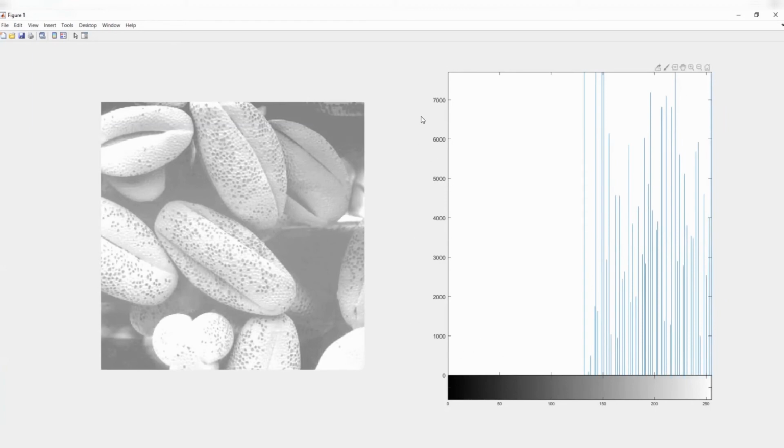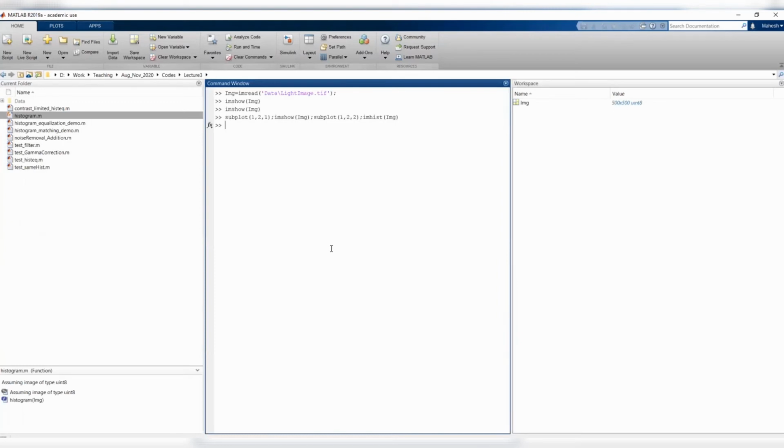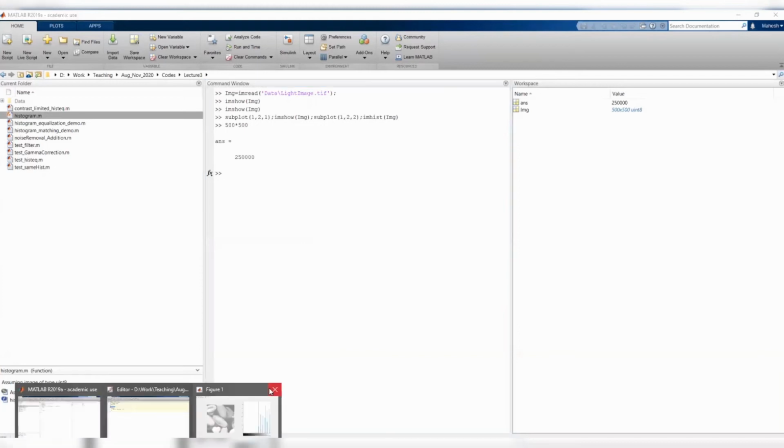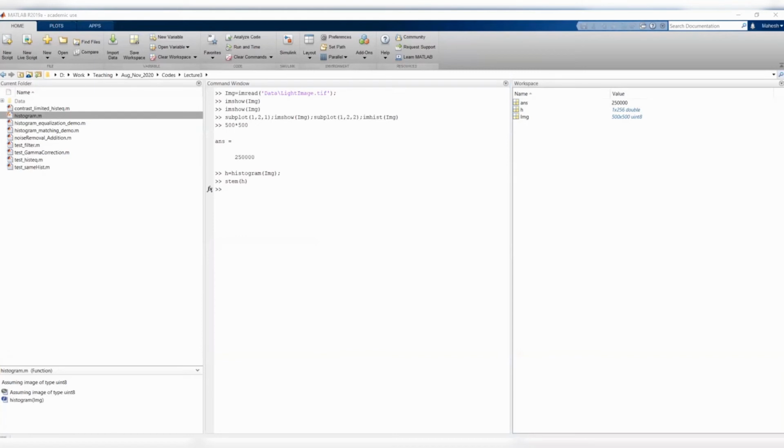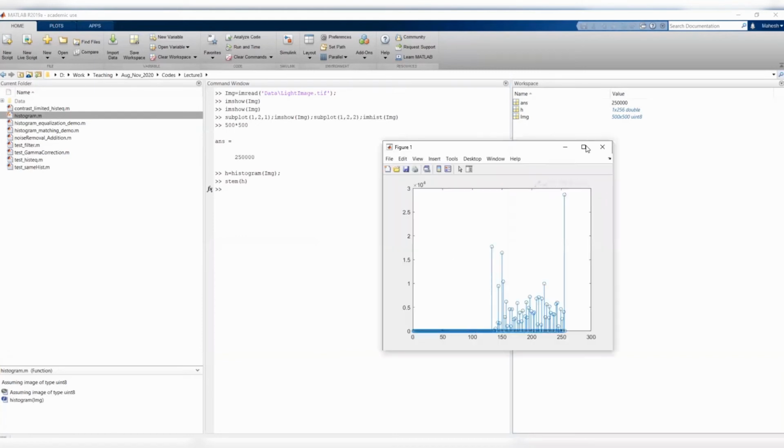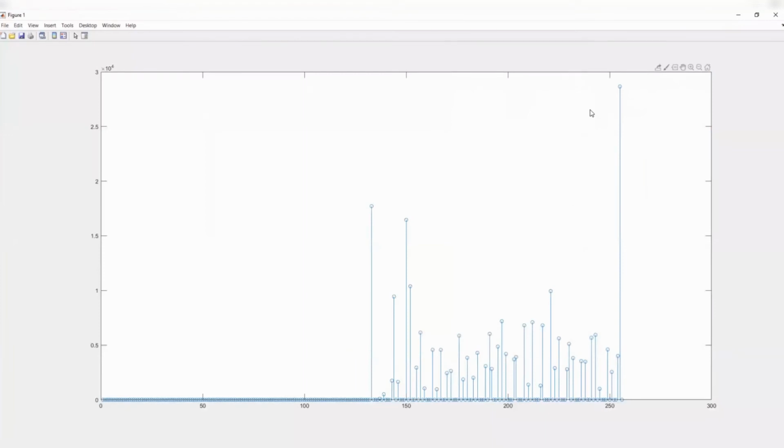Now, if you see here, the y-axis is actually quite a large number, right? Because this is nothing but a representation of the total number of pixels. This is enormous. 500 times 500 is a huge number. So sometimes there are 250,000 pixels, and you will lose the essence of the histogram. So what I'm going to do is calculate the histogram again, not using the MATLAB command but something like this, and then probably the stem command. So, same histogram. Whatever you saw there, it's the same. It's my own code which is calculating it, and you can see the distribution.